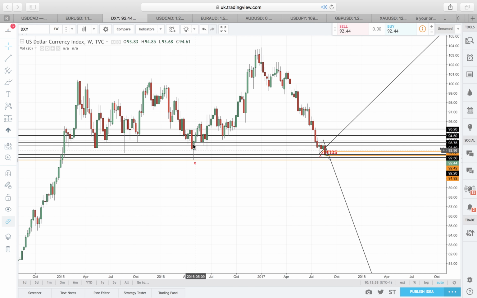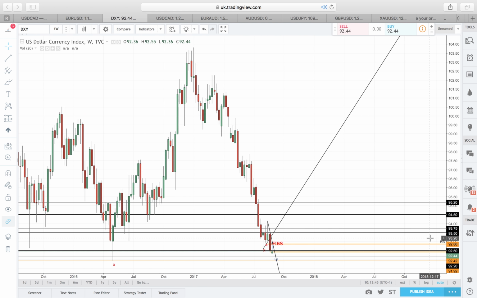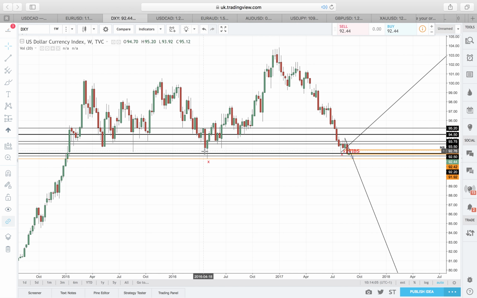I'm thinking market will reach this region at least, because we've broken our 92.5 zone. So I'm thinking the next region to head to is 91.5, but first we need to take out this low here, so I think market will reach this region. I'm still expecting lower and lower prices past this region for market to make a lower low, long term wise.